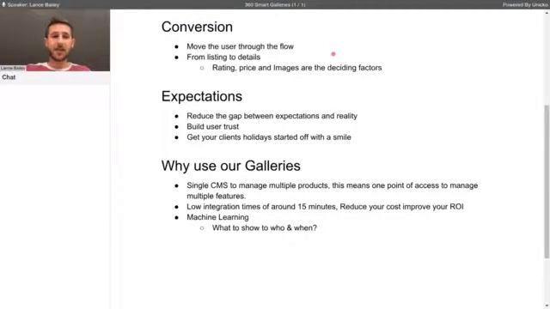Everybody expects, I'm going to do a gallery. I need to speak with my developers. It's going to be 2 or 3 weeks to integrate. It takes a lot of time. Our gallery integrations take no more than 15 minutes. If you speak to a developer, it's a matter of adding a JavaScript to your header, adding a couple of elements into your HTML, and that's it. For more than that, there's no work for you to do.